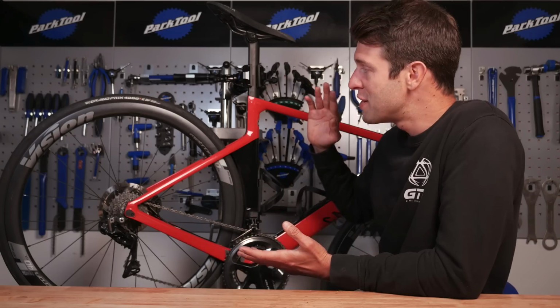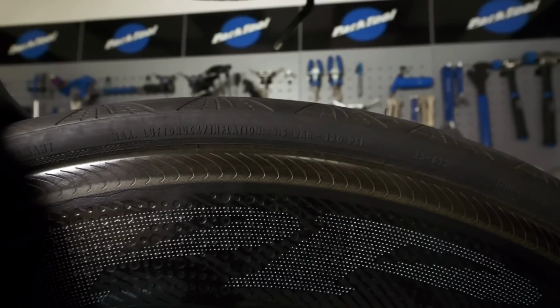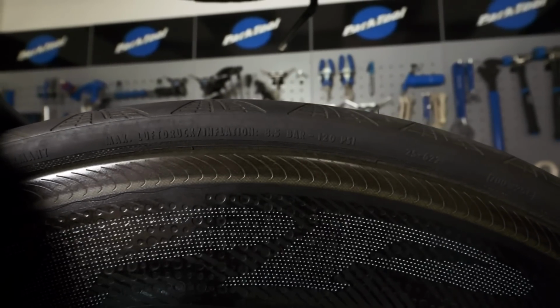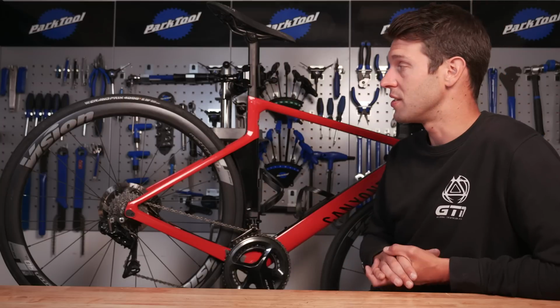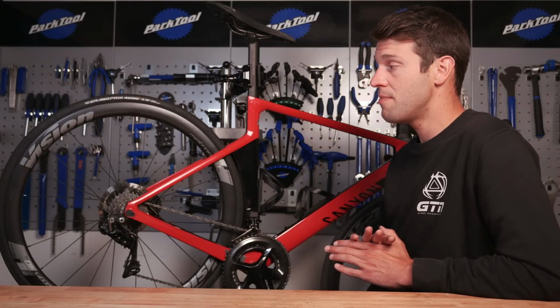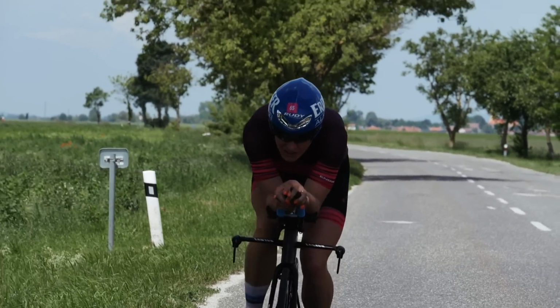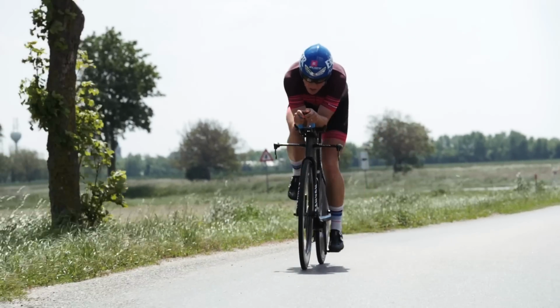But how about the tyre pressure? Well, gone are the days of just whacking your tyres up to the maximum recommended tyre pressure that you'll find on the sidewall, as I used to. Now, if you speak to a lot of the pros these days, you'll be amazed just how low they're running their tyre pressures. And the reason being that if you have your tyres pumped up too high, it's just not